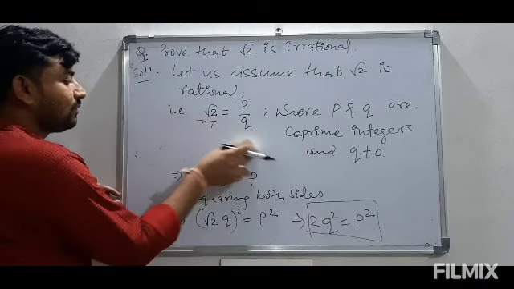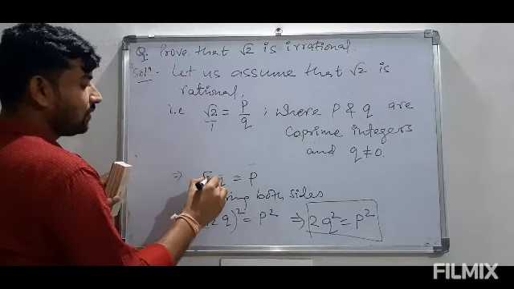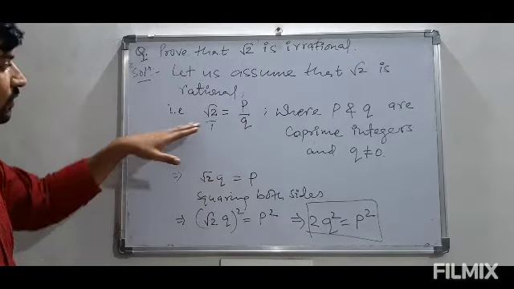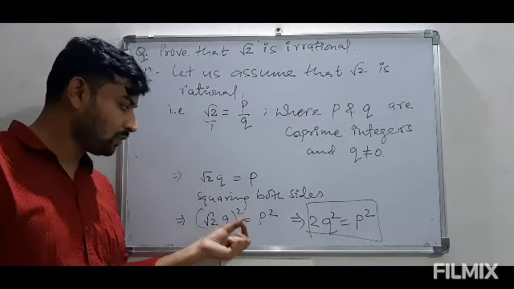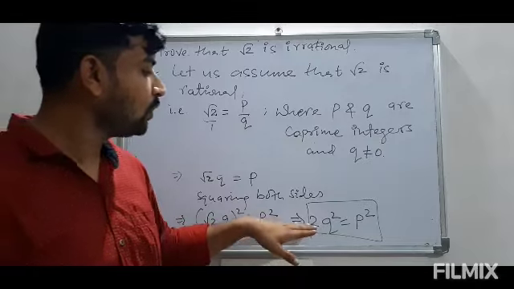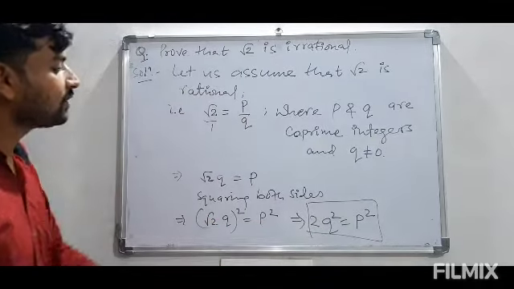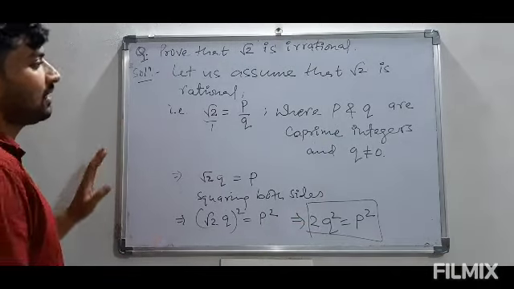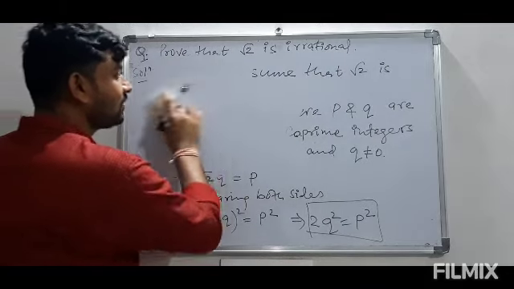So this is the reason behind this. I am just removing it from here. So this is how we deal with this problem. We cross multiplied it and then squared. So root 2q whole square is equal to p square. So 2q square is coming out to be equal to p square. Now this is a really important result. I hope you have written all these things. So I am removing this from here.